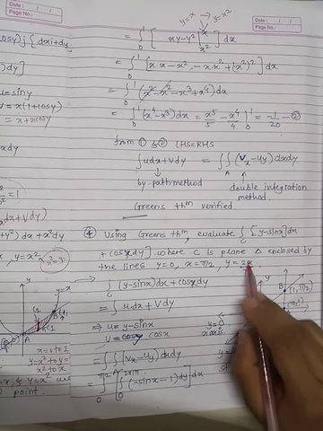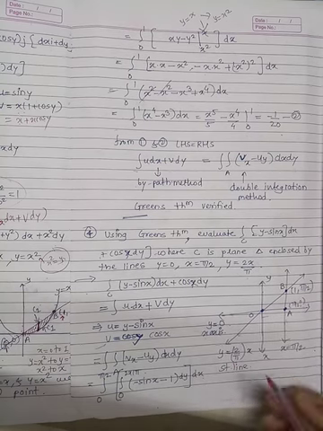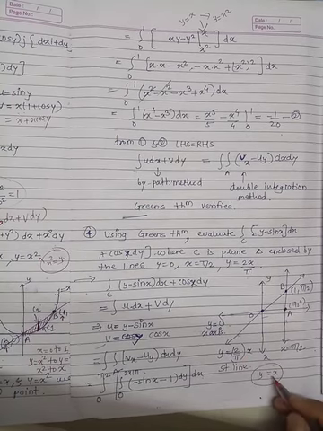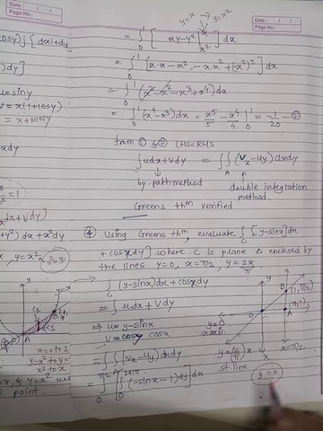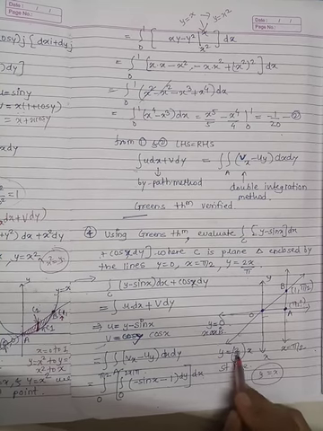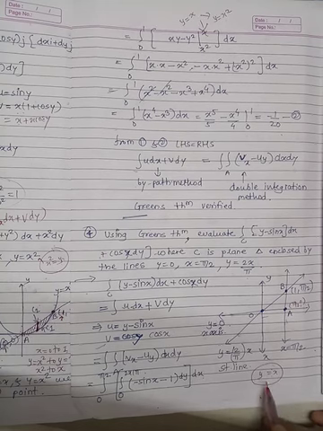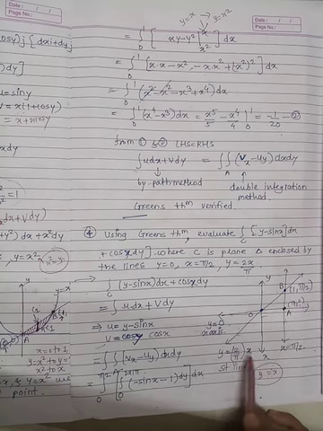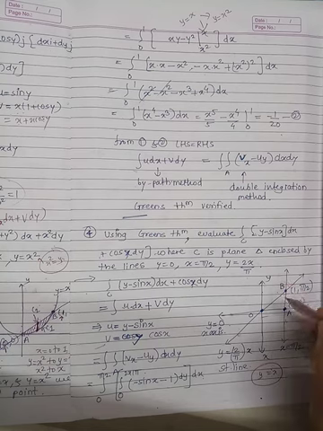Then y equal to 2 by pi x, or 2x by pi. This straight line is the same in nature as the y equal to x line: the left side is the y term and the right side is the x term. Whatever constant is multiplied here, the nature is not changed. So y equal to x is a straight line passing through the origin and lying in the first and third quadrants. Y equal to 2 by pi into x, that is a constant into x, is not different from this: the same straight line passing through the origin and lying in the first and third quadrants.